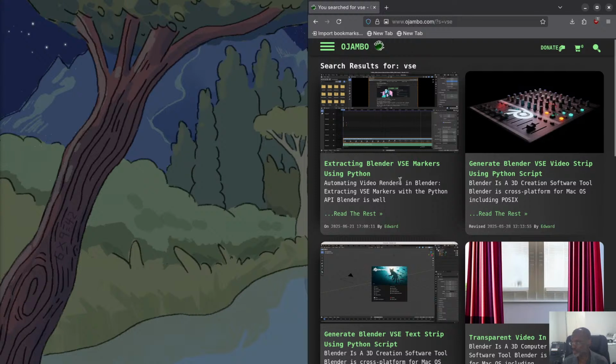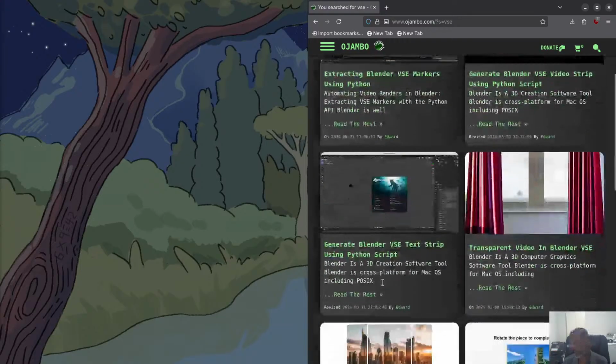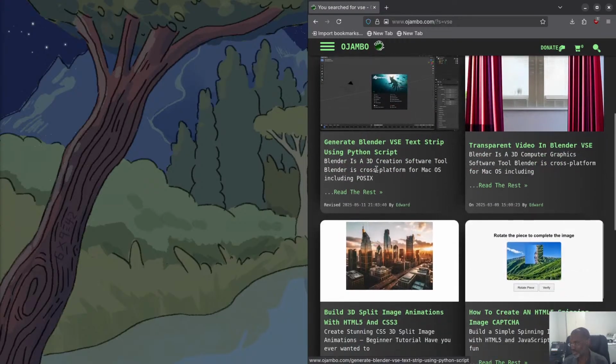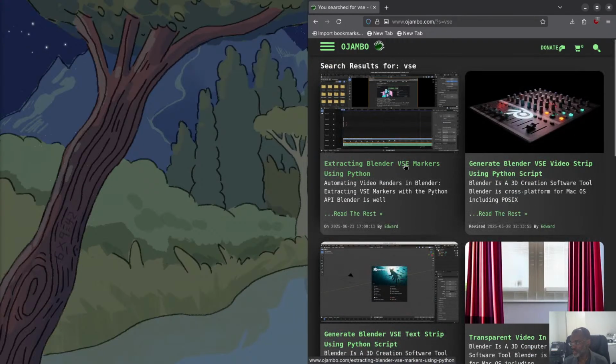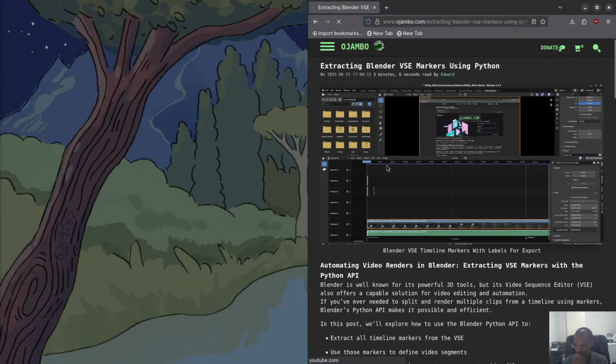And then here you see you can generate a VSE video strip using the Python script. I did create some Blender VSE stuff, as you can see here: Blender VSE text strip using the Python script, and transparent video in Blender VSE. So I think I'll use this one here, extracting Blender VSE markers. This is the one I'll use